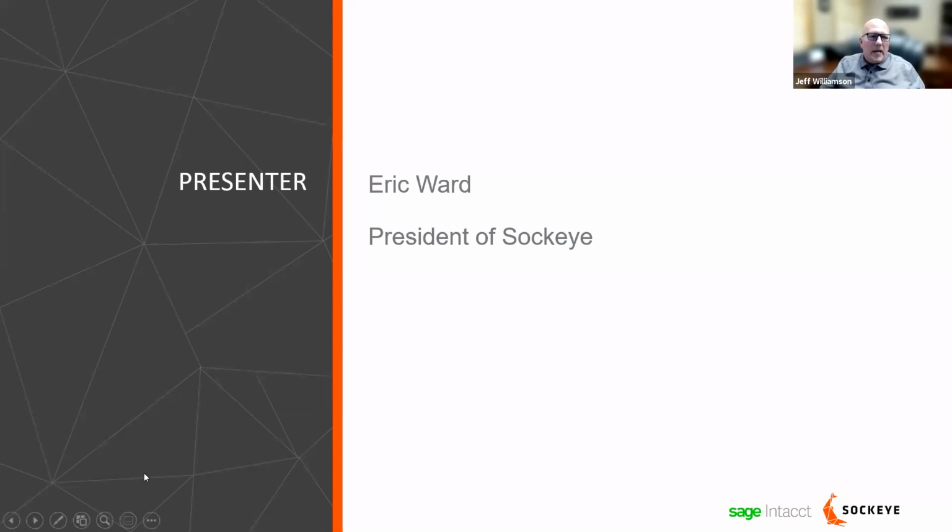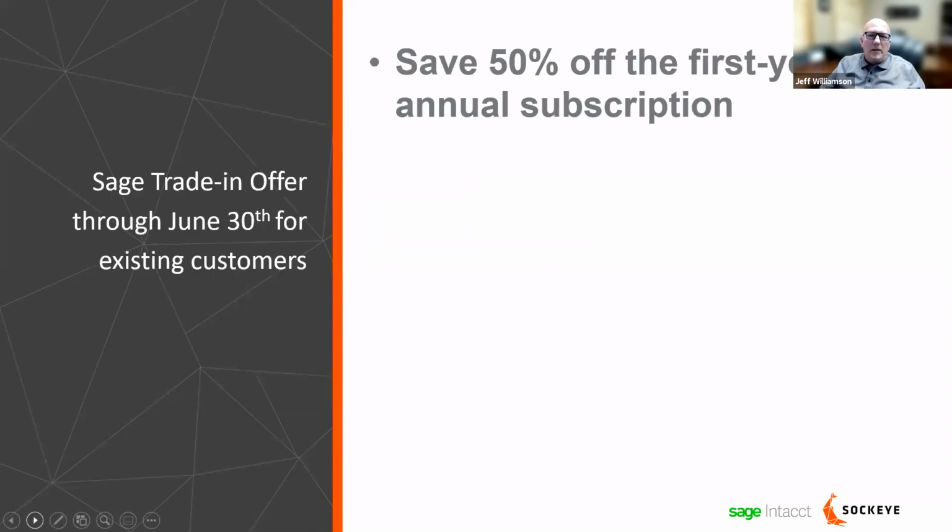And one really big thing that Sage is offering right now for existing customers, and I've not seen anything like this before, and I've been around for 25, 26 years, but for customers that are looking, if the timing's right, there's a trade-in offer through the end of June that you can save 50% off the first year annual subscription. Because this is cloud-based, it is an annual subscription, a little different model than folks are used to on 100 and 300 today, having an annual maintenance. It's all in a monthly subscription.